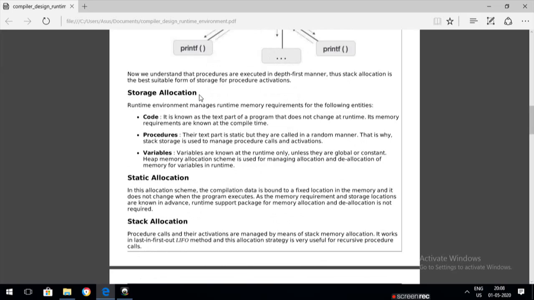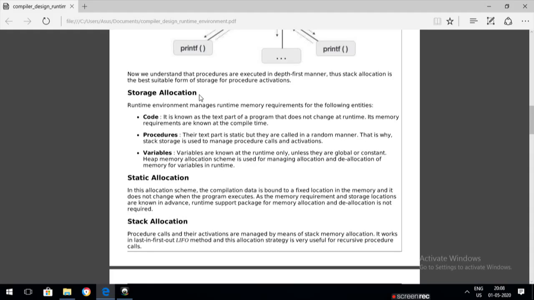Now, storage allocation. What is storage allocation? This is the runtime environment. Before an activation record executes the sequence of the program, there is storage allocation. Like we have code in a procedure itself, we have code and variables.